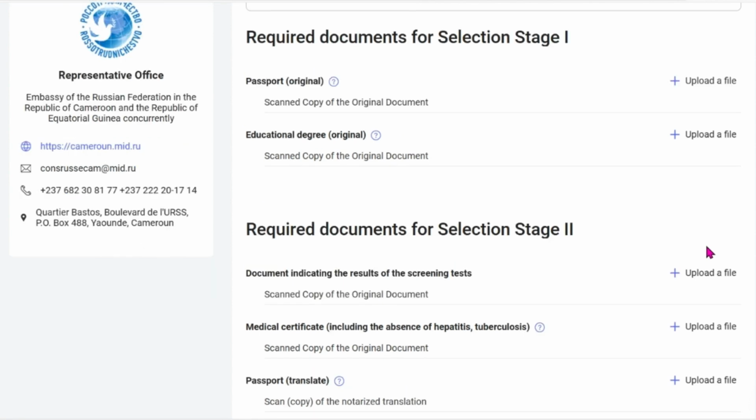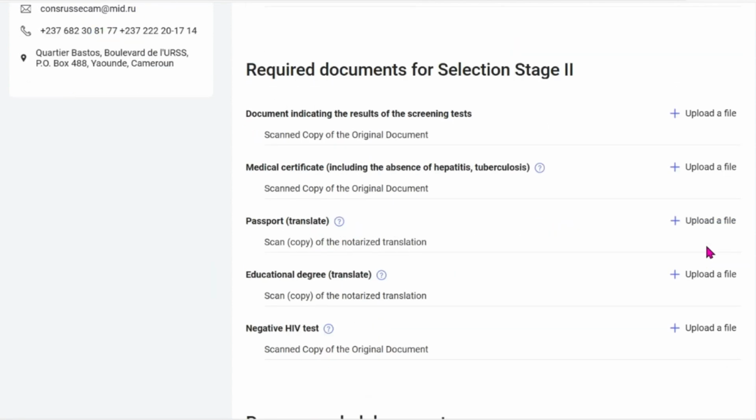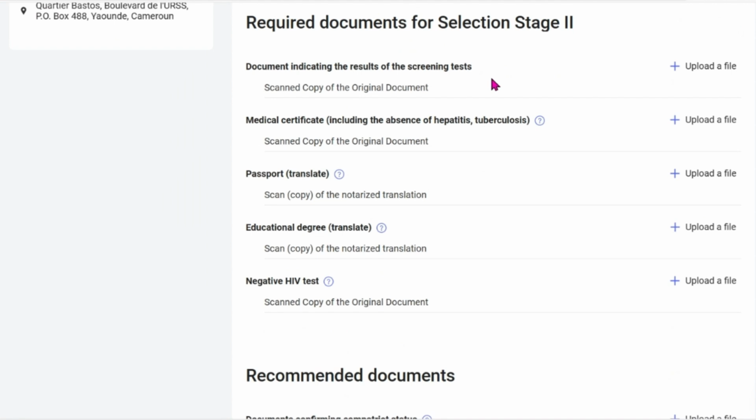In the next stage, that's if you have been selected for the next stage, you have to upload this other information, document indicating the result of the screening test,